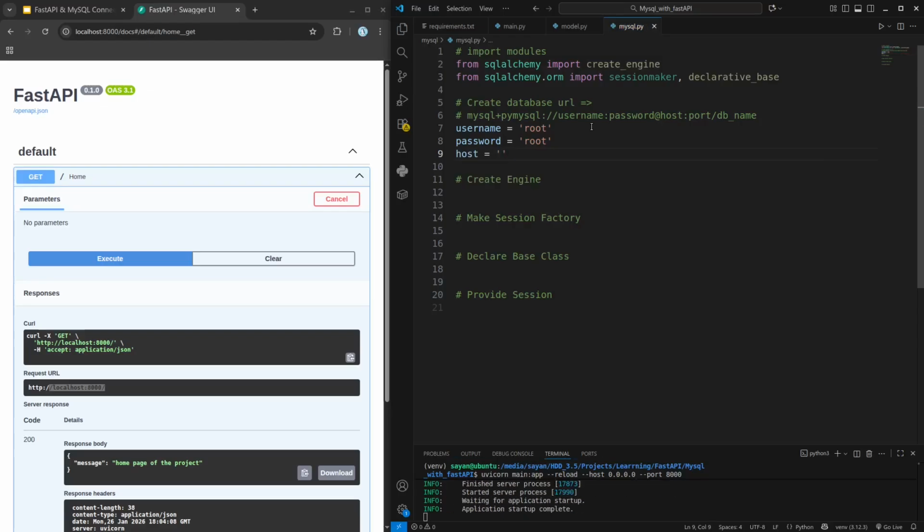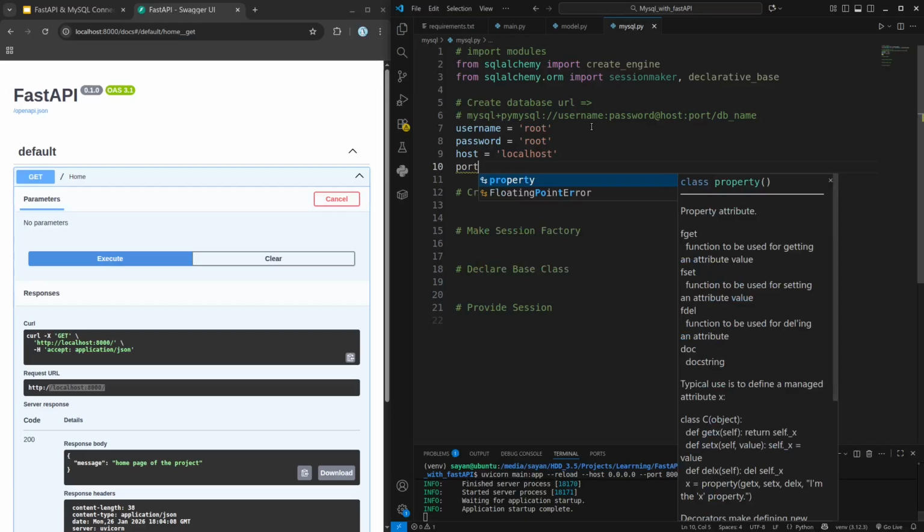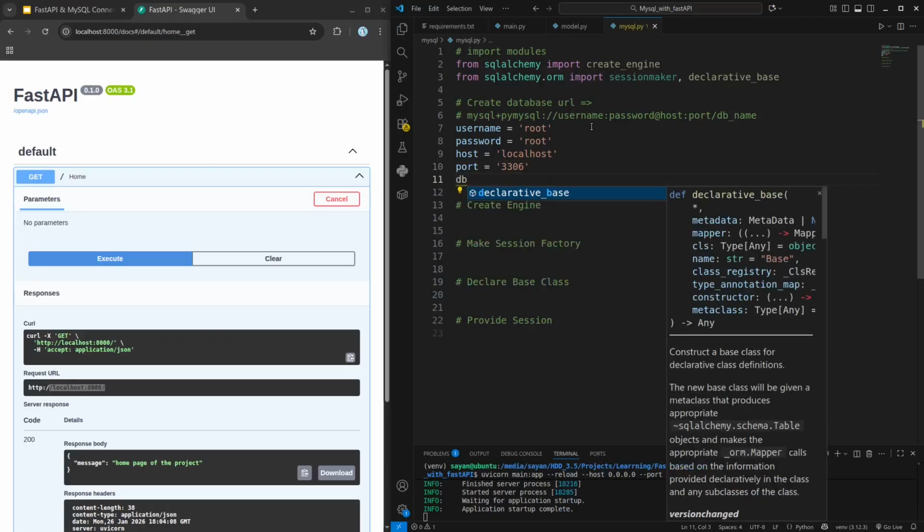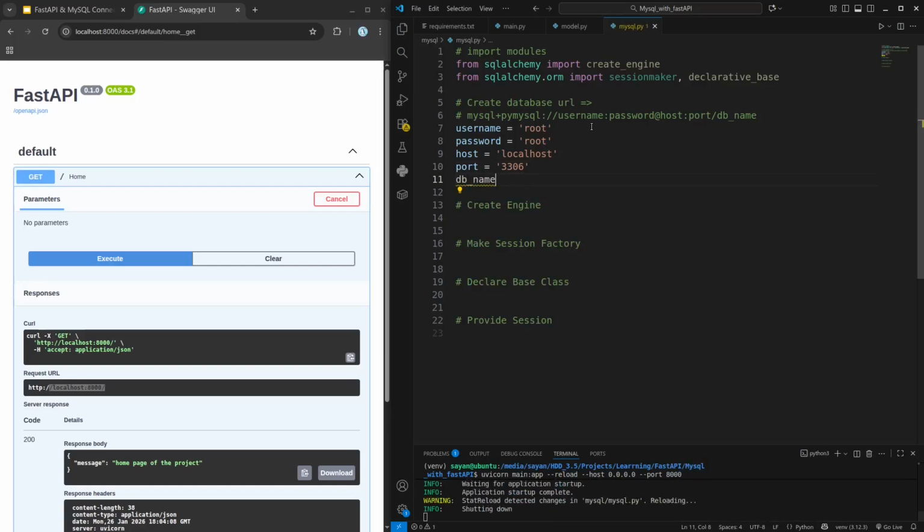Host: I am hosting this from localhost. Port: the default port of the MySQL database is 3306. DB name,